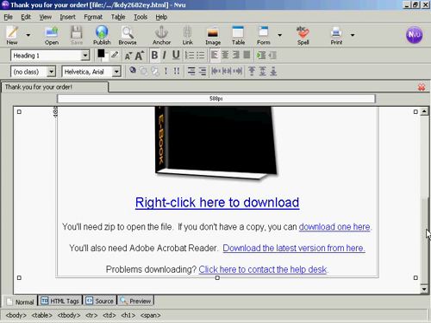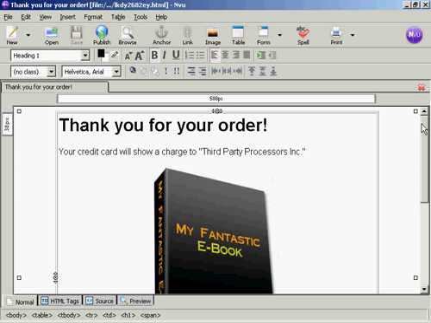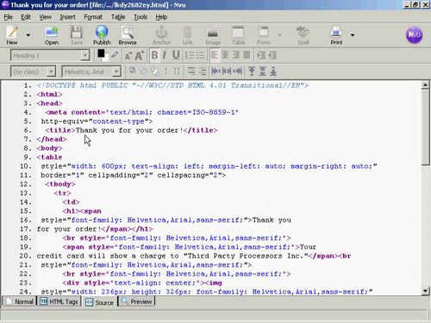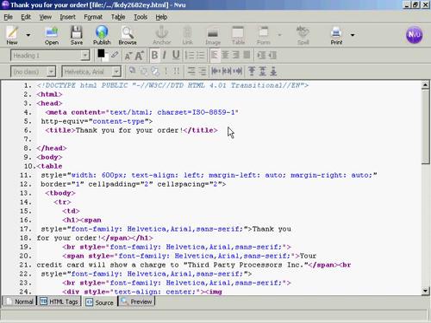Now the last thing to do is to stop the search engines from listing this, and the simplest way to do this is to edit the source code. Click here on the source code tab, and up here in the head tag area you want to put a meta tag for the robots. So we type here left arrow meta space name equals quotes robots close quote space content equals quotes nofollow, noarchive, noindex, close quotes,